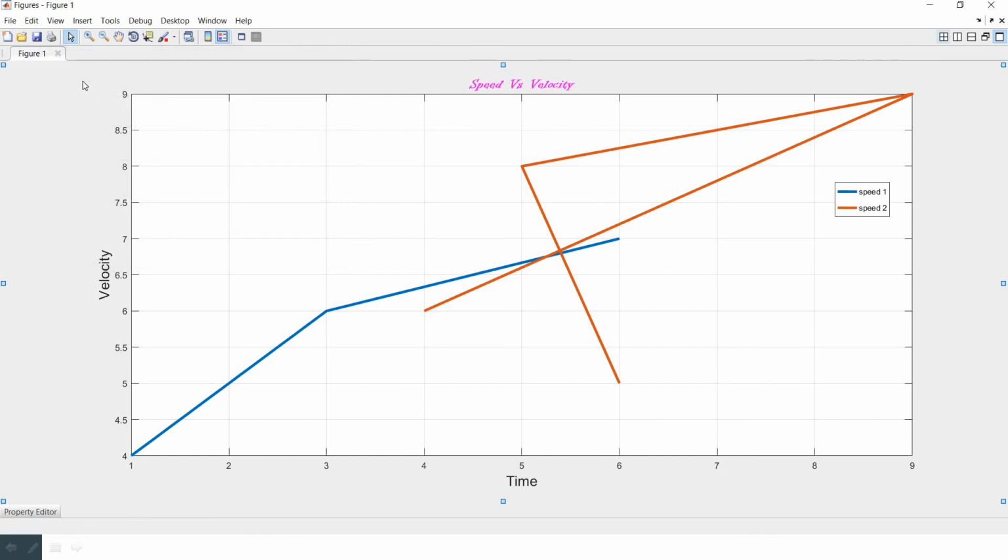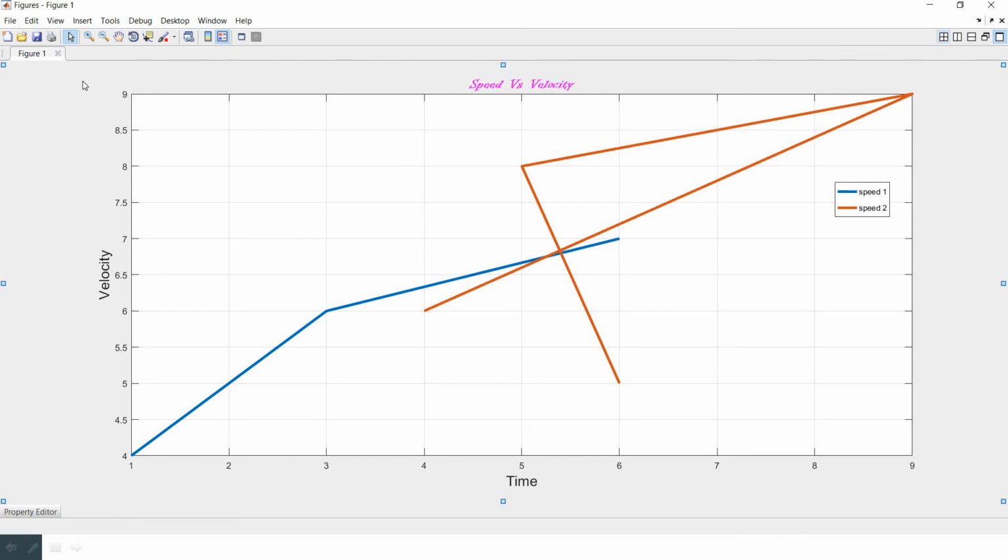All right. Now one more thing is there, if you are very lazy to understand what commands I should use to label the axis, give the title, give the legend, and you don't want to use commands, then directly just open the plot and do the formatting.